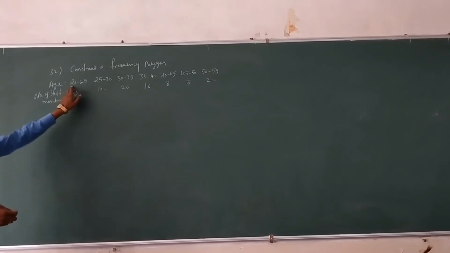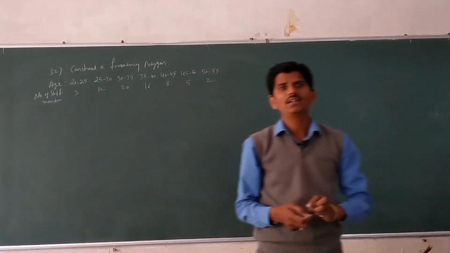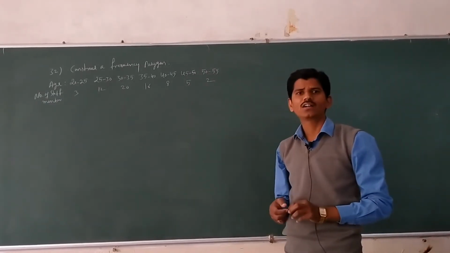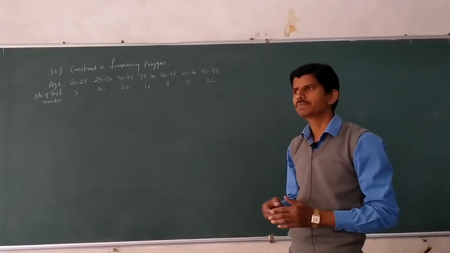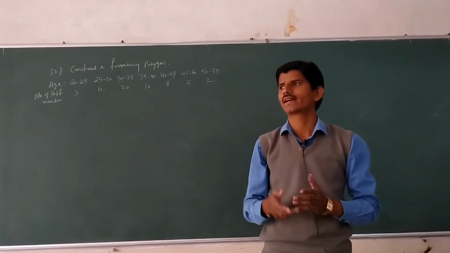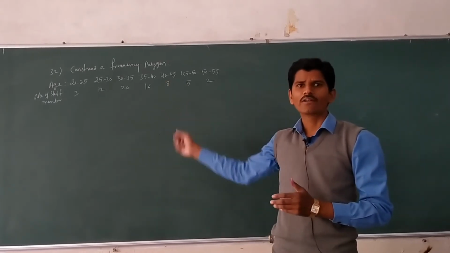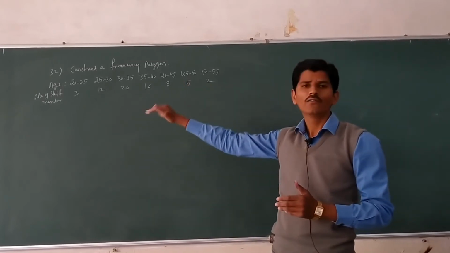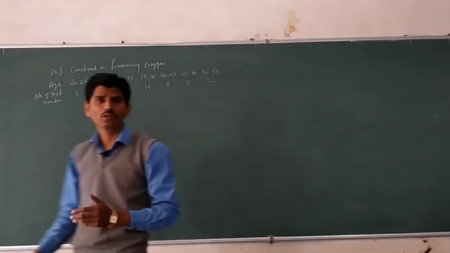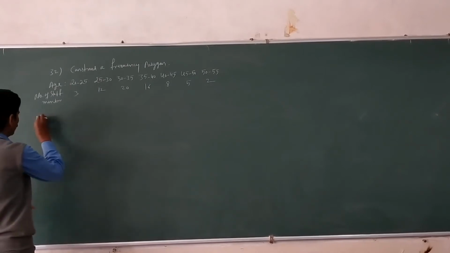Here the width of the class intervals is equal. Then the class intervals are plotted against the class frequencies. If the class intervals are of unequal width, then they are plotted against the frequency densities. Here they are given equal width, so there is no need to calculate frequency densities. Solution.